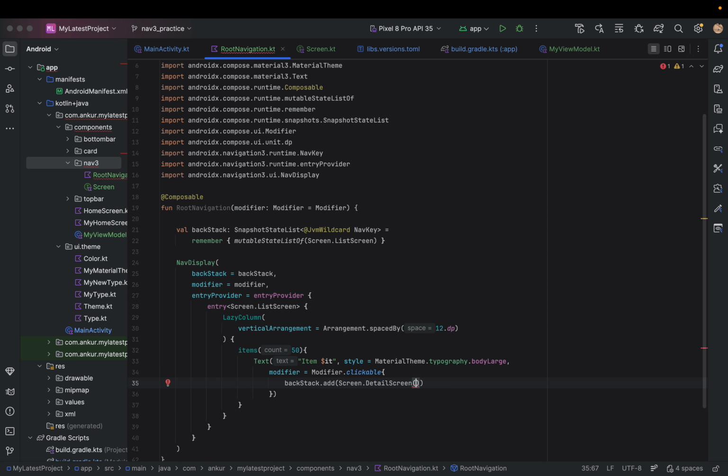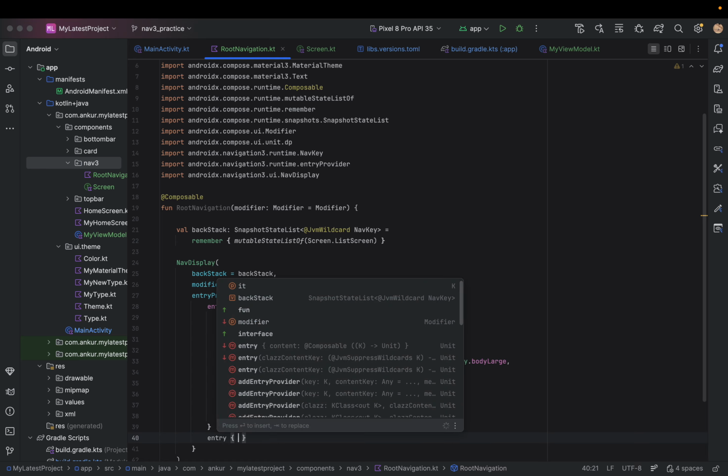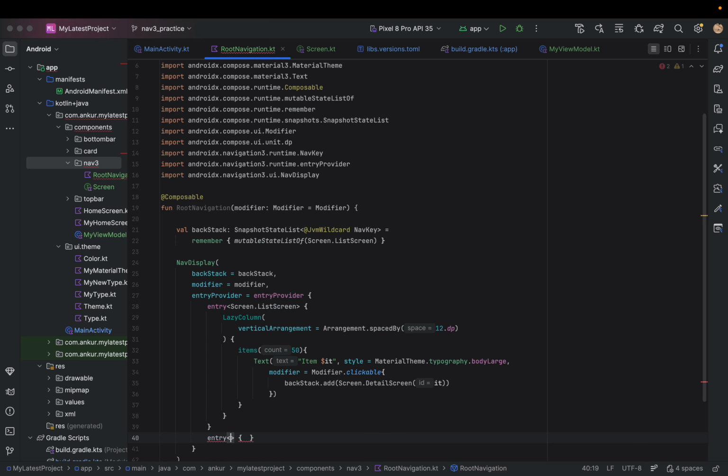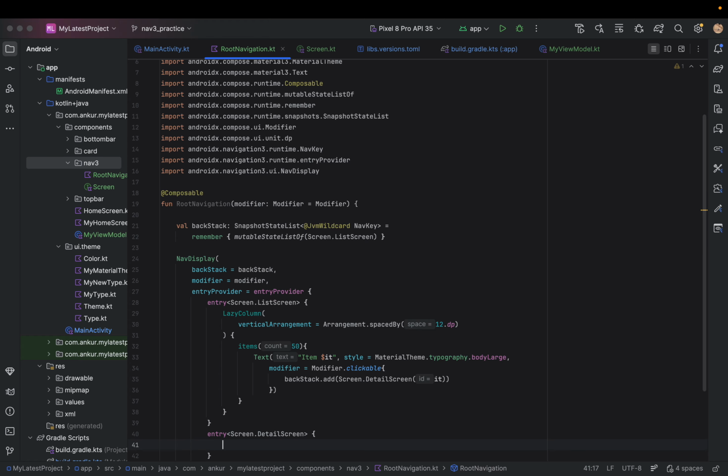So in detail screen, what it needs is the ID. So I just pass this number, the count number. After that, create another entry. In this entry I need a detail screen, and in this detail screen we need